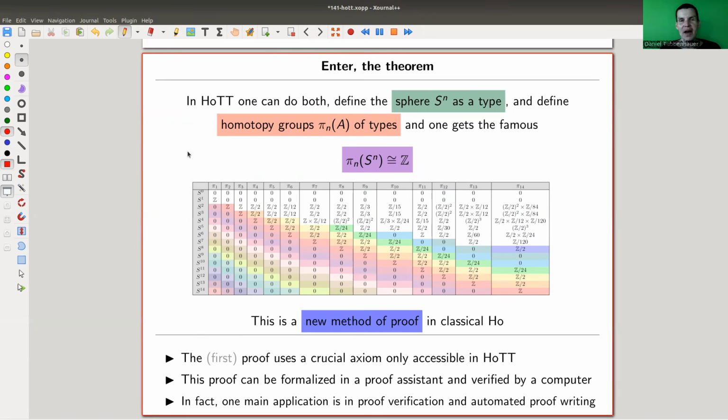So in homotopy type theory, I told you that types are spaces, and you can actually have a space which is a sphere. Right? So the sphere makes sense as a type. And you can define homotopy groups of types. And then you can ask, what are those? And you can prove the classical statement, which is now a statement in homotopy type theory. It's about types. It's a statement in logic that the homotopy group of the sphere, the nth